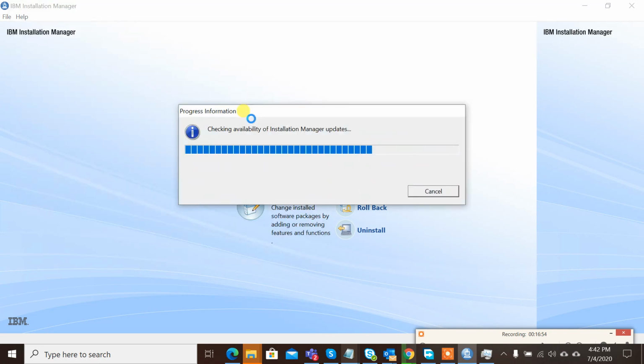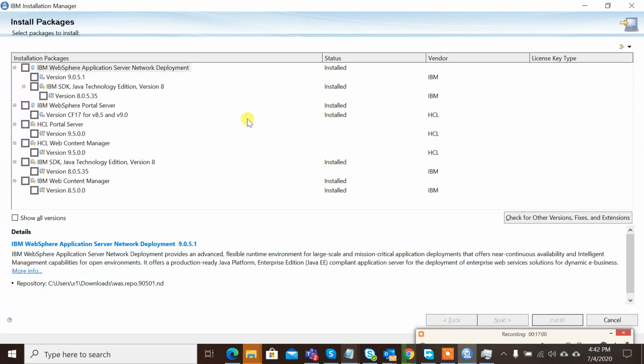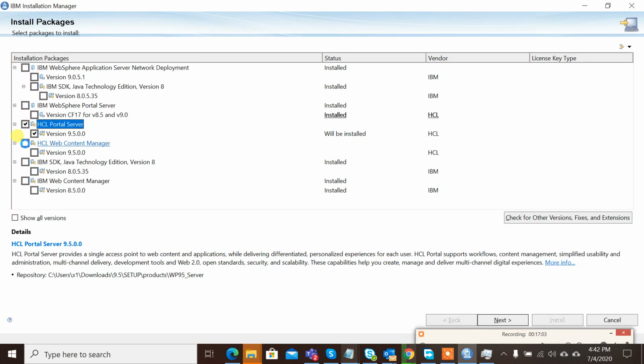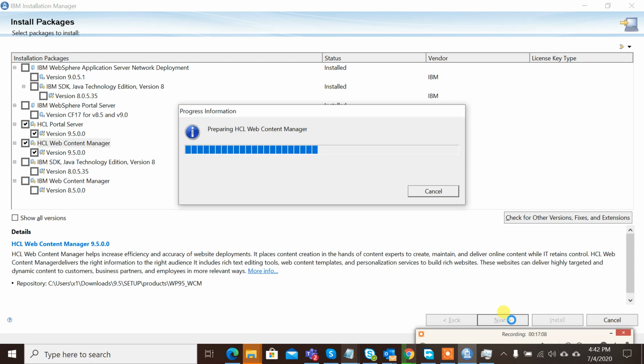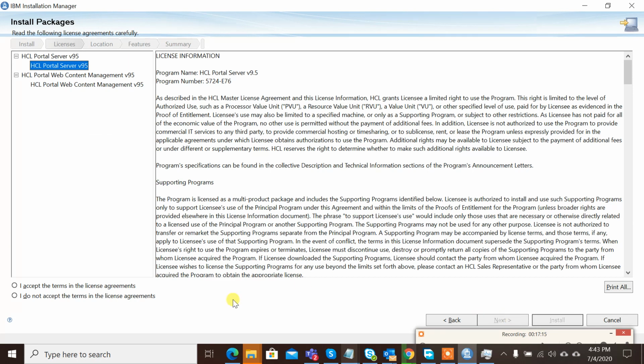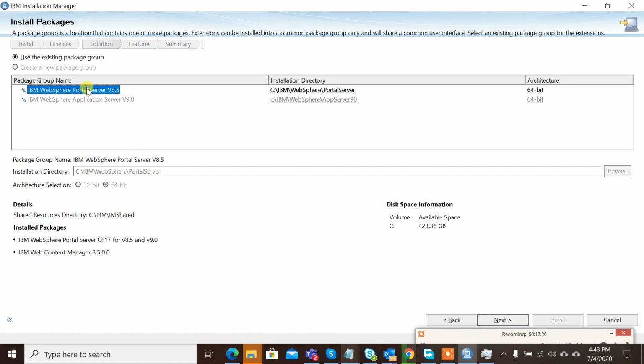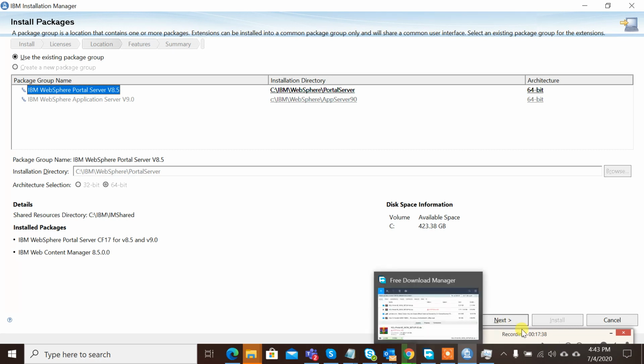You have to install now, and during the installation you have to choose VAS or C. First you select these two 9.5, 9.5, and the next only 9.5, isn't it? Because it's the final step, right? Yes. We have installed already 8.5, CF17, everything. So 9.5 remains. So I agree to the license, and then here is the tricky thing I am saying. You have to select portal 8.5 because our main goal is portal installation. Yes. So now click next.